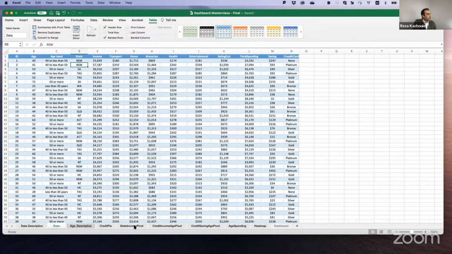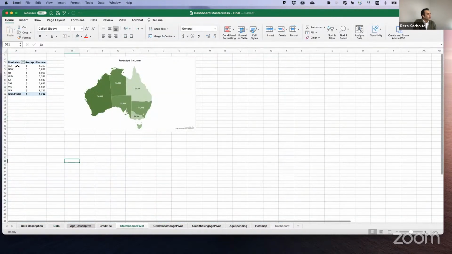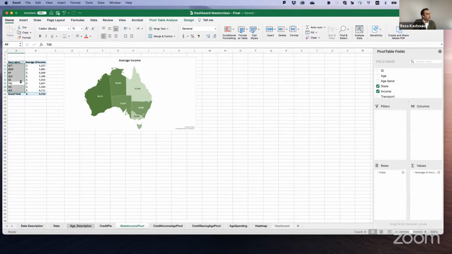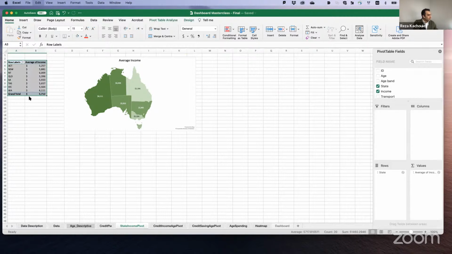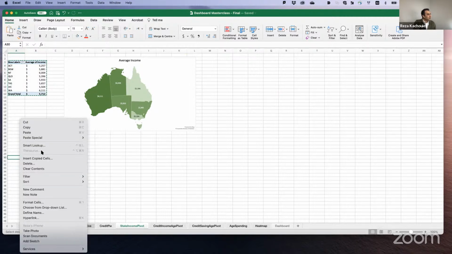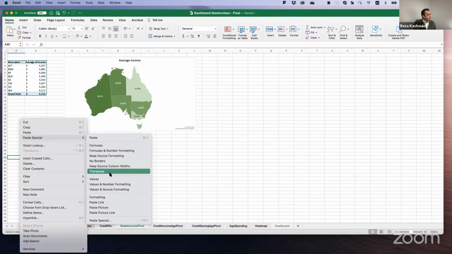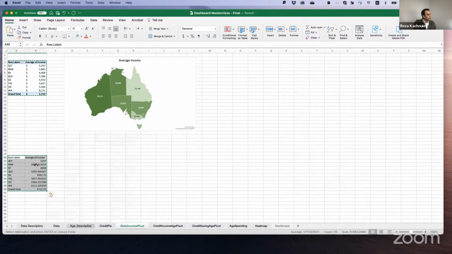I created that pivot table with state as rows and average income as values. I copy the whole table and paste it as paste values. I put the title as Australia, so it understands it is Australia.